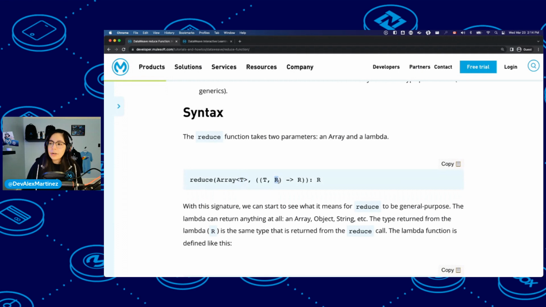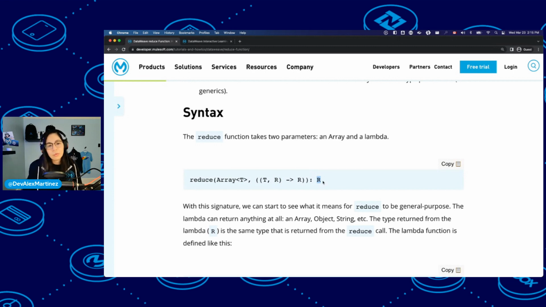And the second parameter, instead of being a number, as we saw in map, where you had the index, is an R. I'm going to explain why. After you run the lambda, you will end up with the type R, which is from the second parameter, and the whole result of the reduce is going to be R.